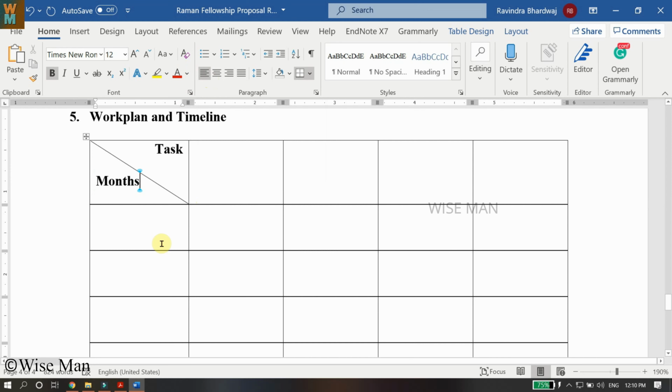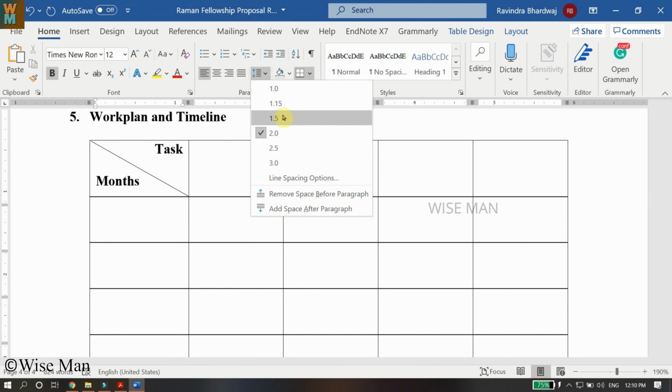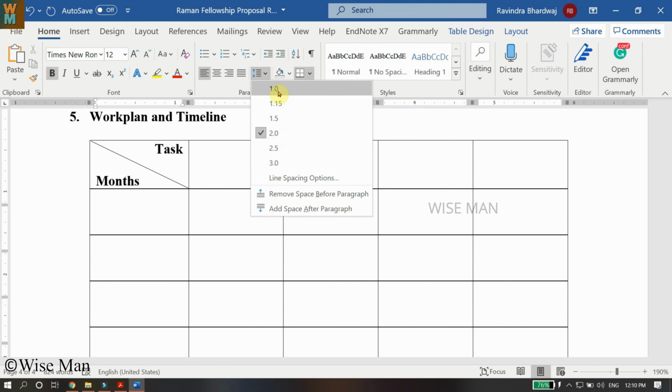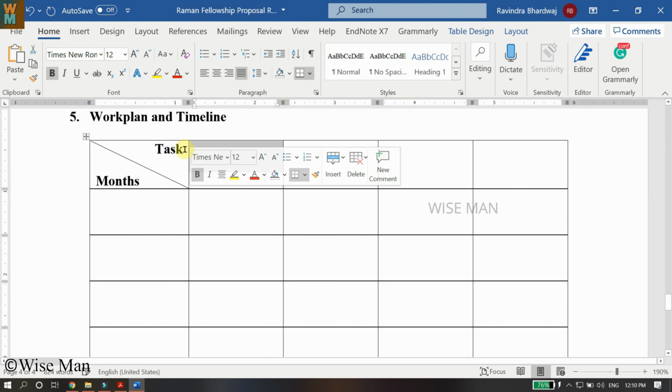Now as you can see, there is a gap between Month and the line at the bottom. This can happen because of the spacing. So you can just select single spacing, and now the table looks very good with the diagonal division of the first cell.